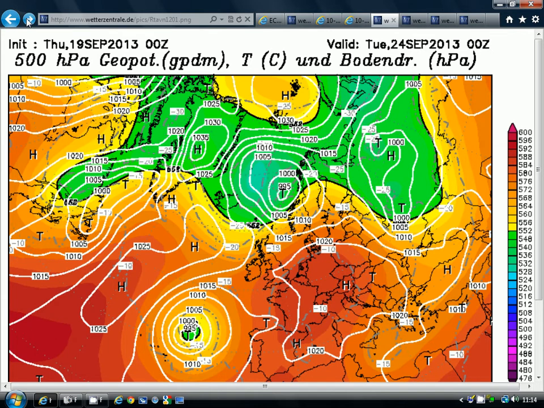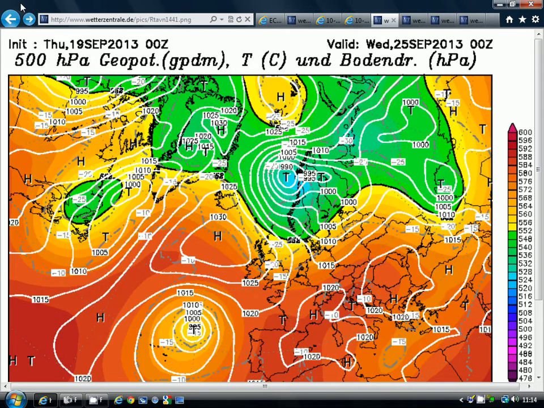But let's go through to the middle of next week. That's when we start to get that complication coming. The high pressure still wants to hang on across central and eastern parts of the British Isles and stretching into Central Europe, but we're also bringing a cold front down here associated with this low pressure to the north of Scotland. We've also got another ridge of high pressure out in the Atlantic, so cooler air is trying to force its way southwards. On this particular run of the GFS, the midnight run, this is one of the cooler versions actually.